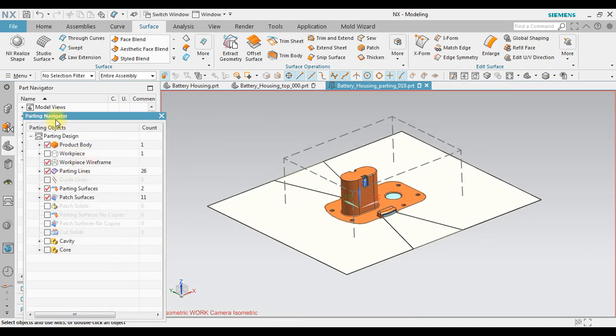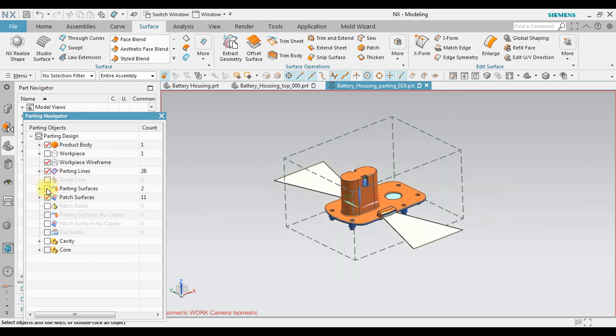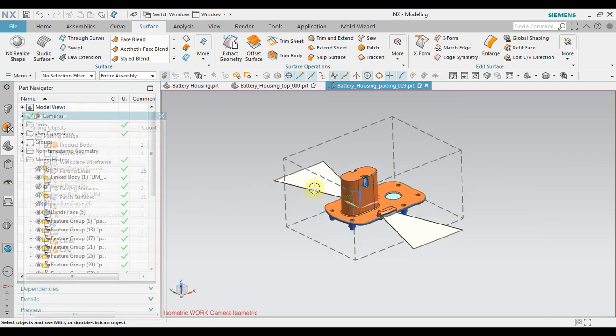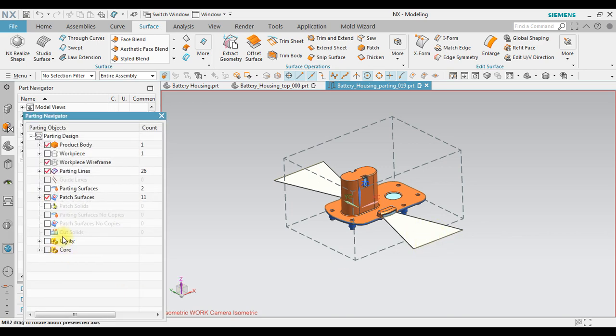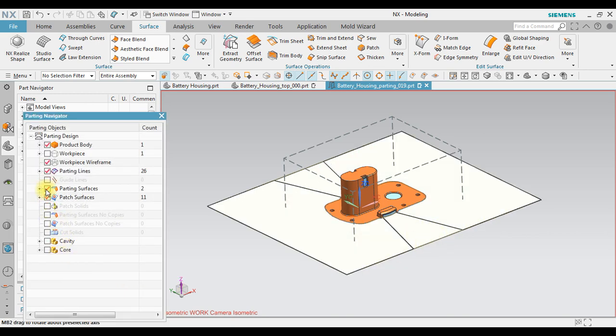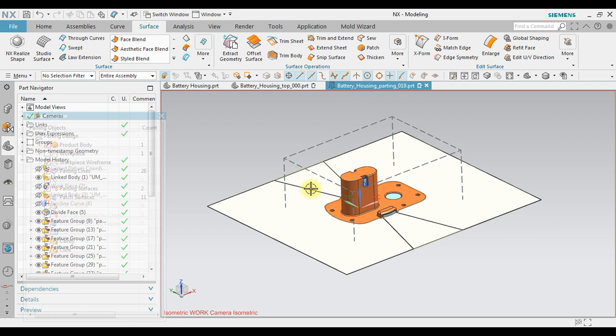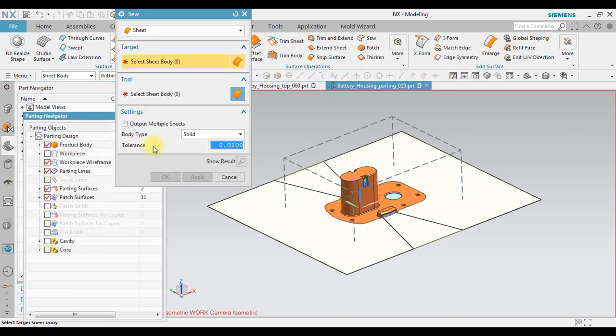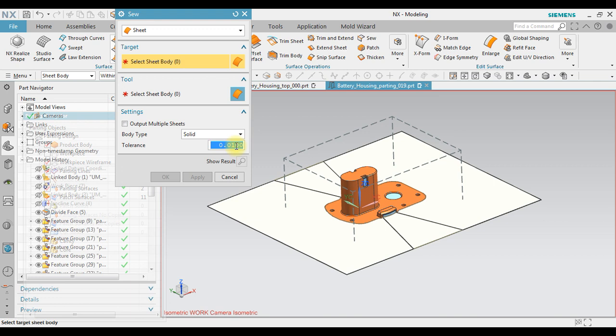Now in here, in the parting navigator, for example, if I hide the parting surface, you can see this is not yet defined as a parting surface. So in order to define it as a new or additional parting surface, what you need to do is go to surface and use sew with the same tolerance, 0.01.